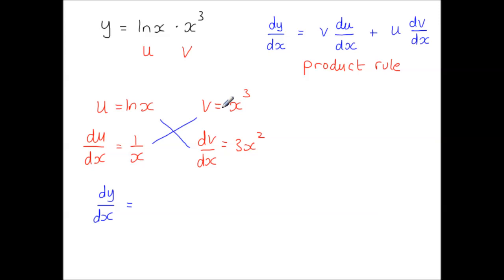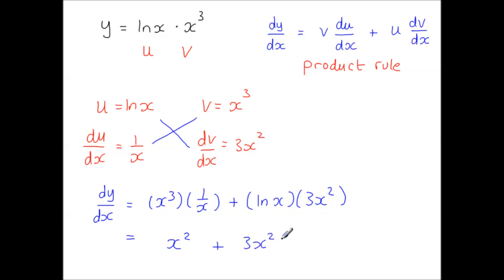So these two multiplied, and then these two multiplied. Simplifying here, x squared plus 3x squared ln x. You may find this factorized form more useful. For instance, let's say you were looking for stationary points, and you know that dy by dx is equal to 0 for a stationary point, so then you've got this. And then you think, alright, so